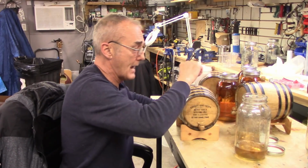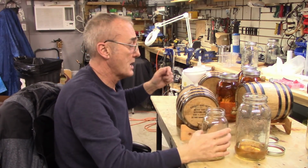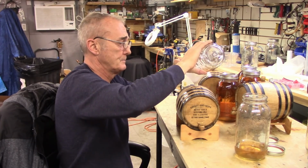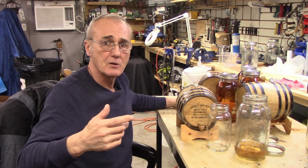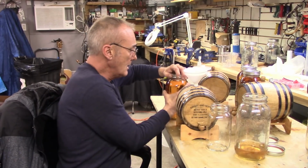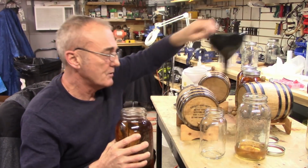Now, how long will a barrel last, you ask? Yes, a barrel will last for quite a while if you take care of it. Now, you know those very thick barrels, and I'm talking about the ones that are almost an inch thick, huge casks. Those can last anywhere from 8 to 9 years with continuous use before you have to start doing something to them. These barrels, which are more, I don't want to call them novelty barrels,